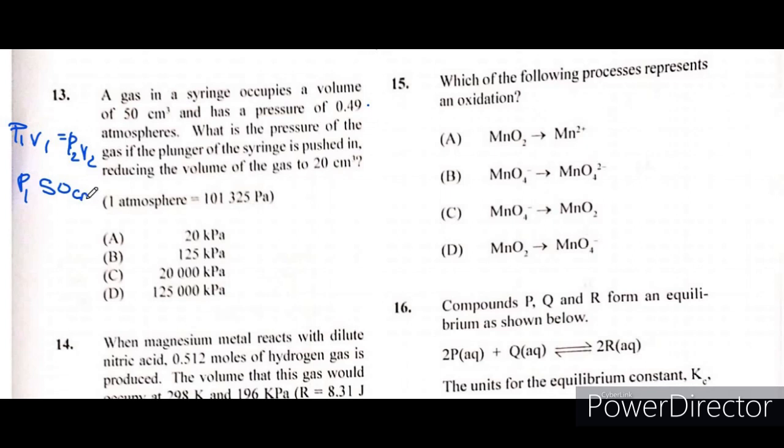When we compress it, the volume goes down to 20 centimeters cubed, right? And we need to find the pressure of the gas in the gas syringe when the volume is reduced. So we divide P1 over V1 by V2, which is 20 centimeters cubed. So the answer that I just said, times 50 over 20, and that gave me